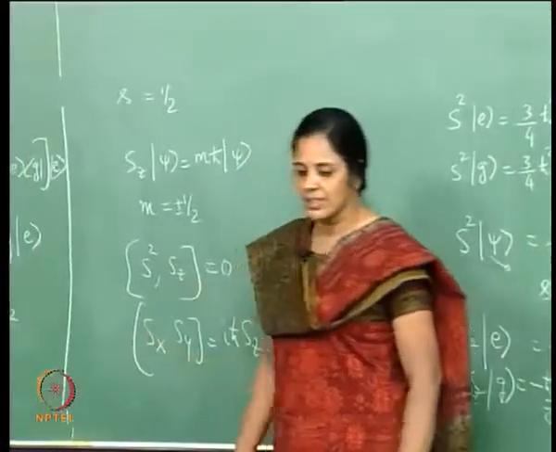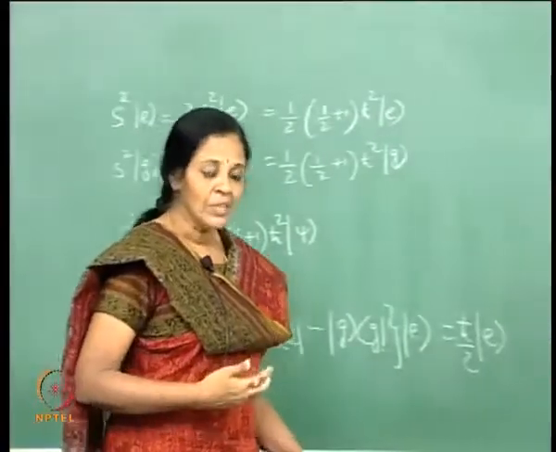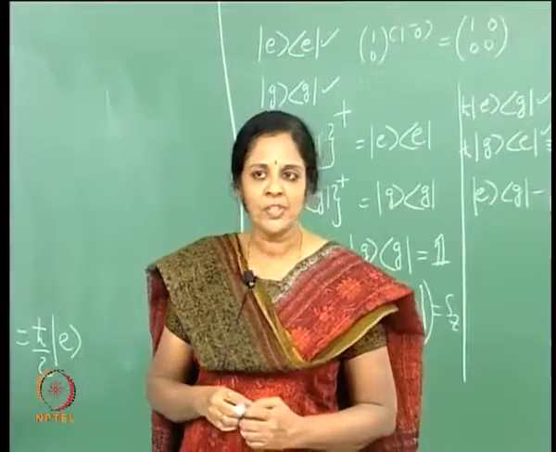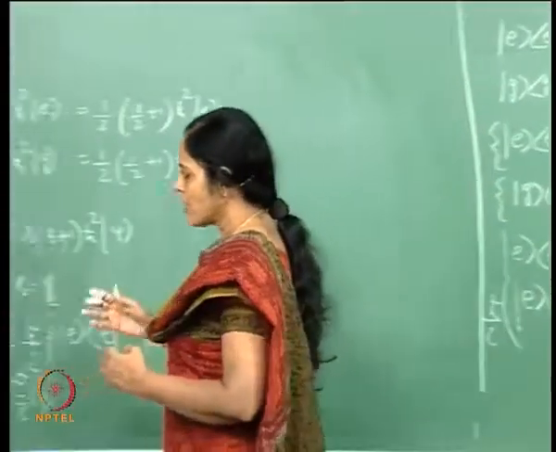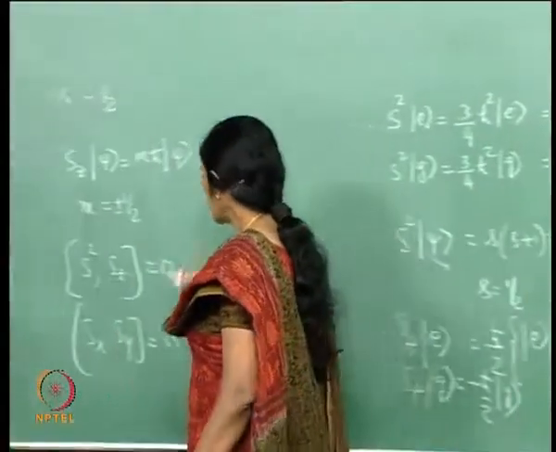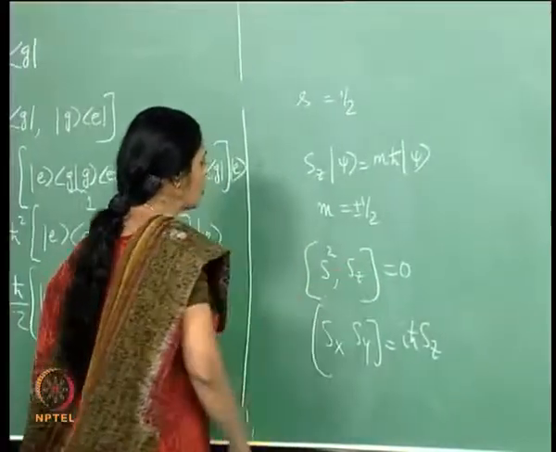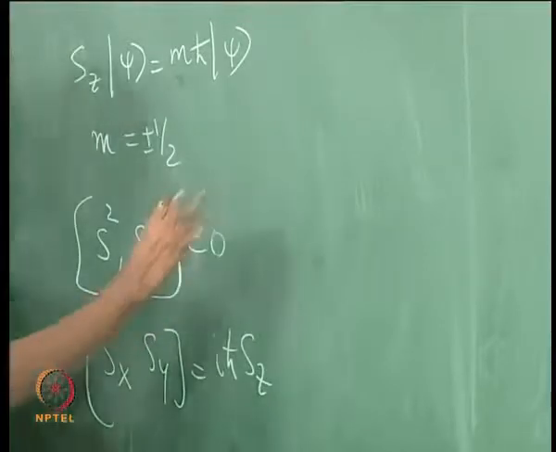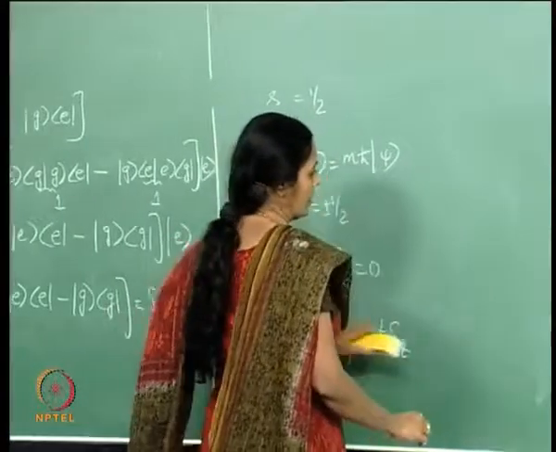This is in fact the preamble to the uncertainty principle, the Heisenberg uncertainty principle, which I will talk about in more detail in a subsequent lecture. In this problem, we have these two commuting observables, s squared and sz, and therefore it is possible to label